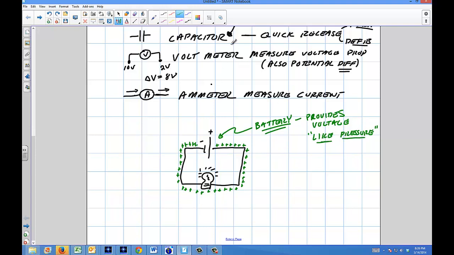Now, the important thing to note about pressure is pressure does not need movement to exist. In other words, these charges may be moving when I have pressure, or they may not be moving. It just depends. So if you have a water pipe, like a sink,